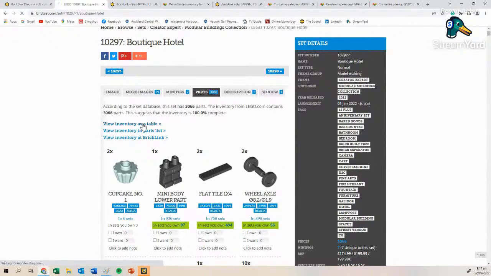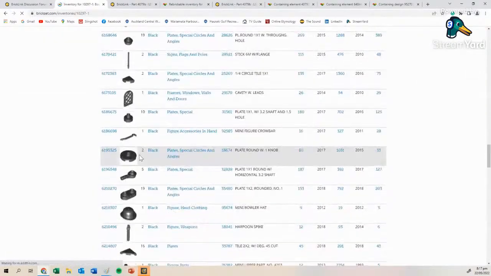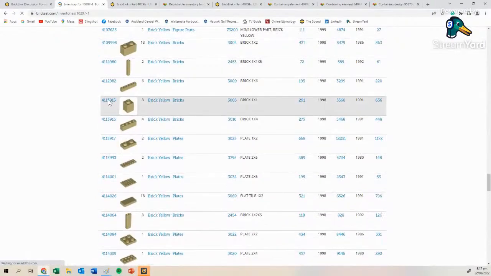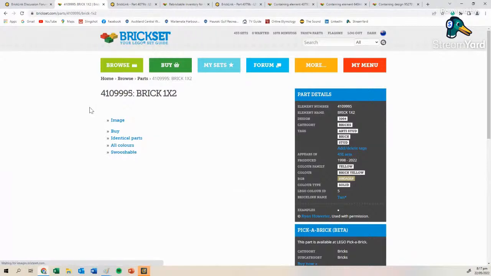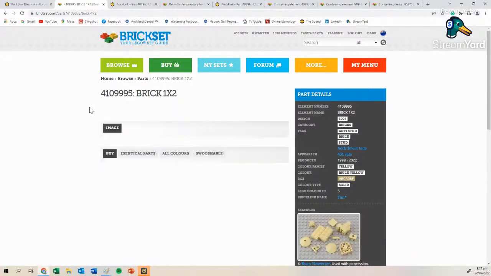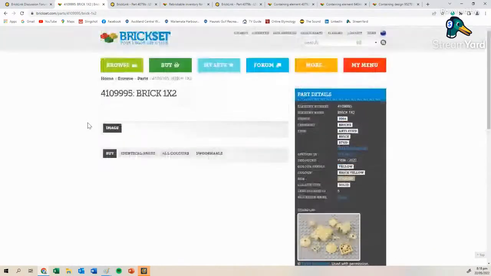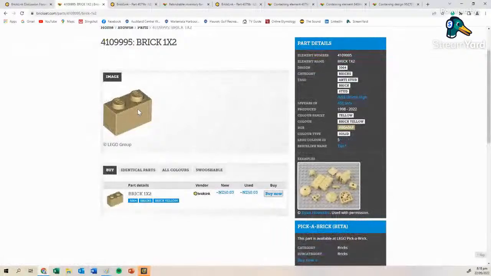I'm going to view as a table, and I'm going to scroll down and see if I can find a particular color, because I'm going to click on this one here. A fairly evergreen sort of color, and I'm going to highlight a particular feature. So this here is a 1x2 brick,